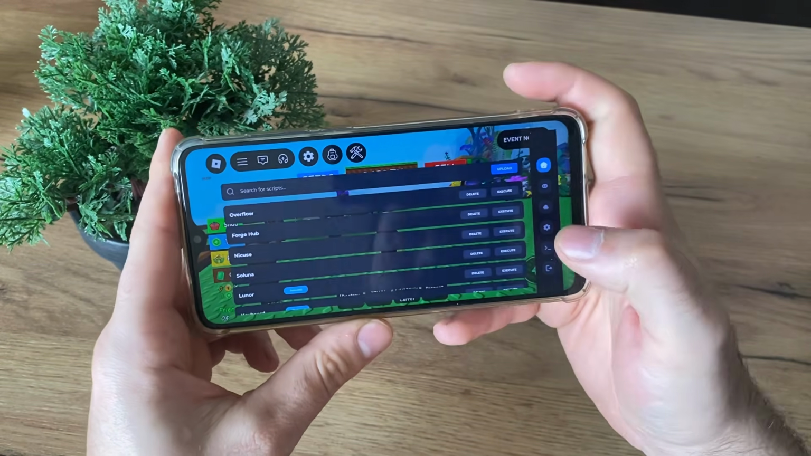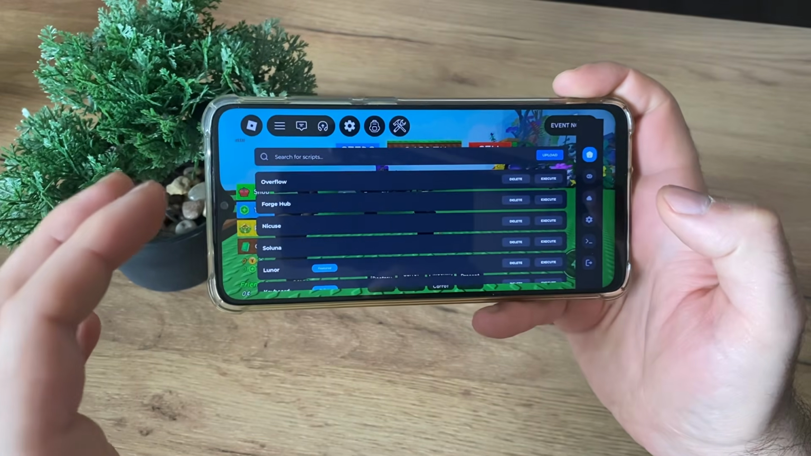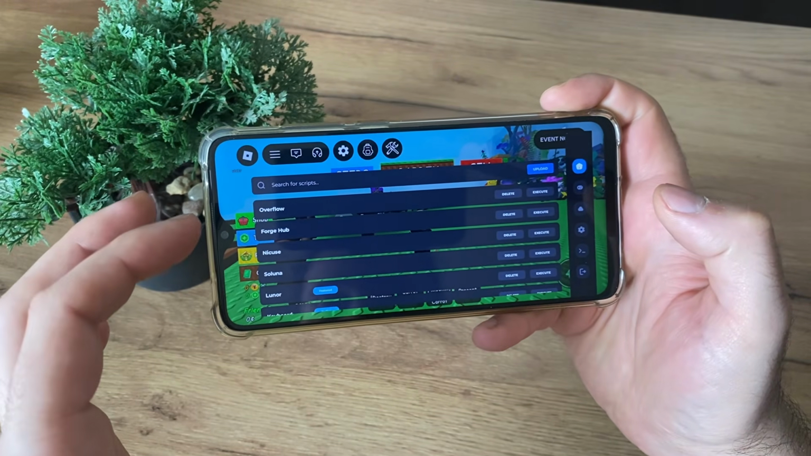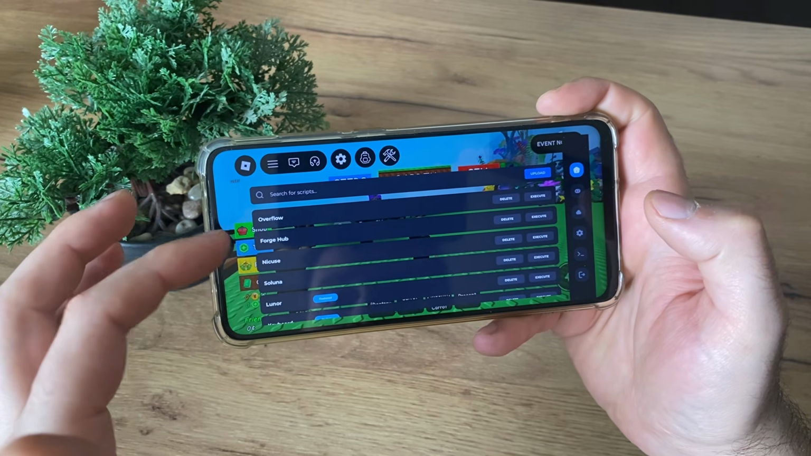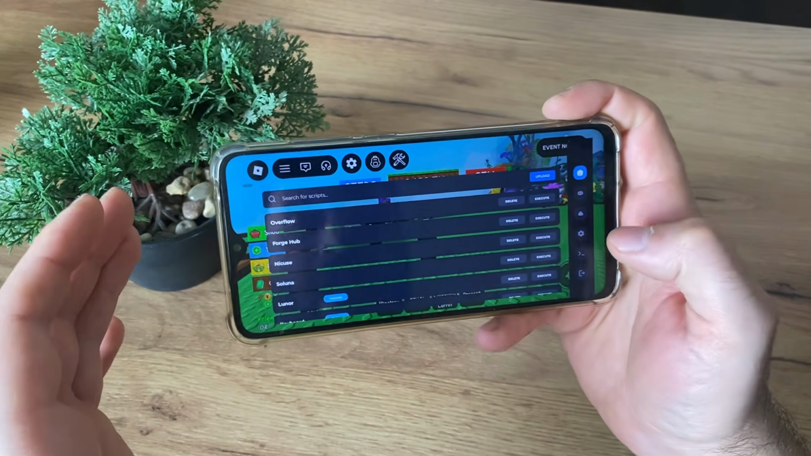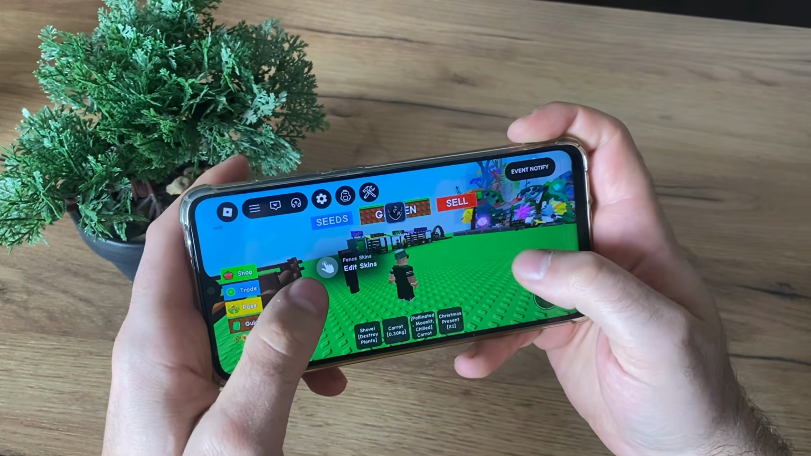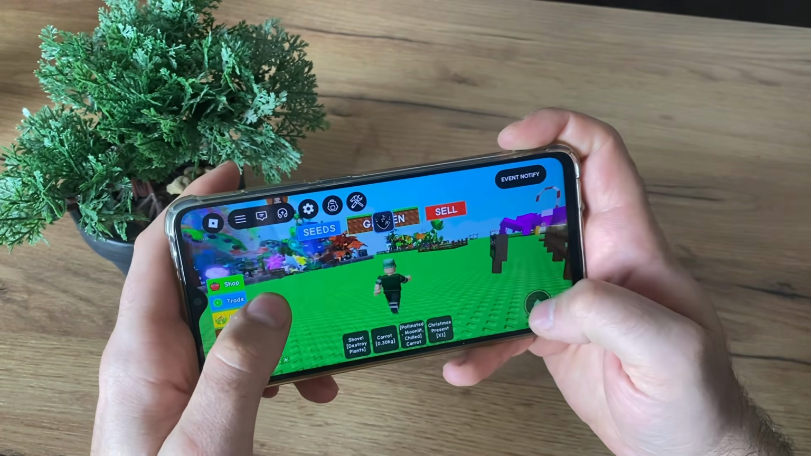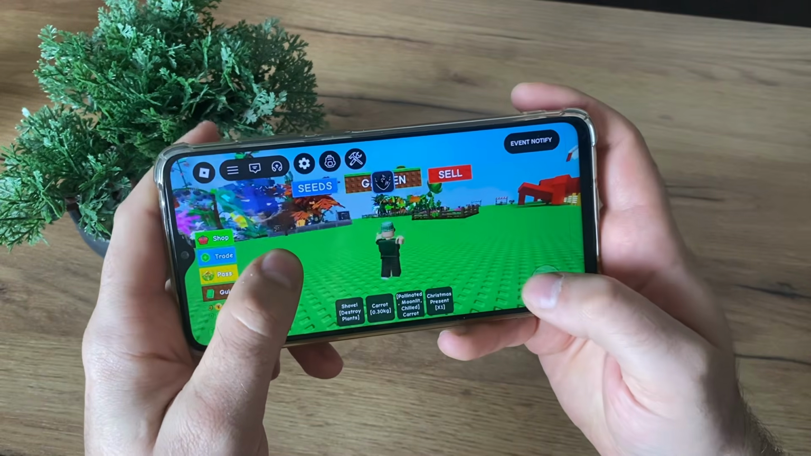So just click on this home screen and we actually get all the scripts that we selected. So just click execute, wait a little bit, and you will get your scripts. So yeah, that's